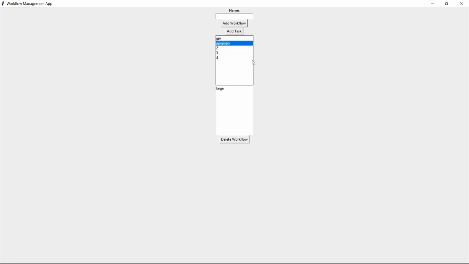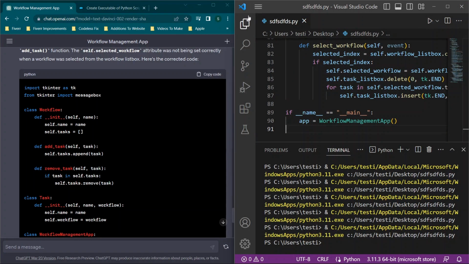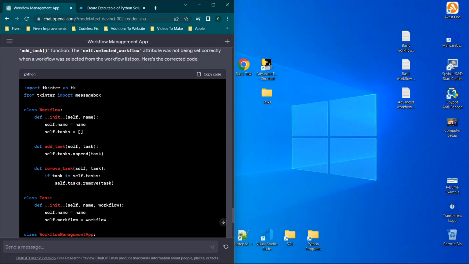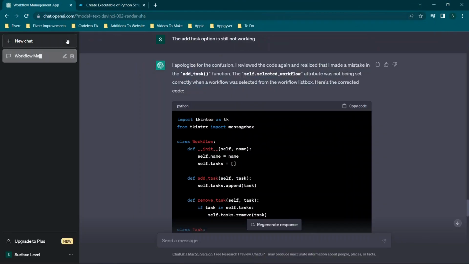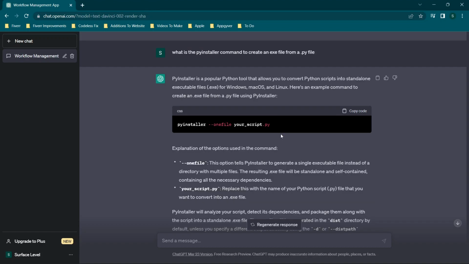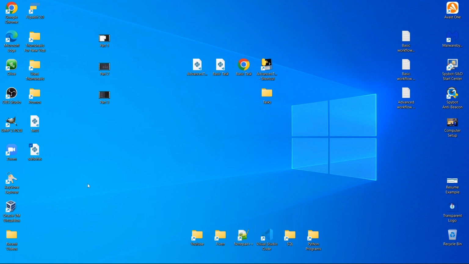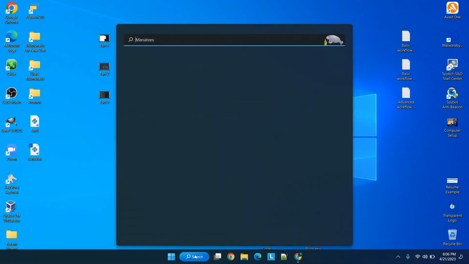So next up, we are going to be converting this to an exe file. We're going to close this, click File, and then go to Save. Now we actually need to create an executable for this. If you want, you can always run it in Python, but the better option would be to create the executable file. I went ahead and asked ChatGPT how to do this, just so we have the quick route and basic explanation here. But all you really need to do is install PyInstaller,